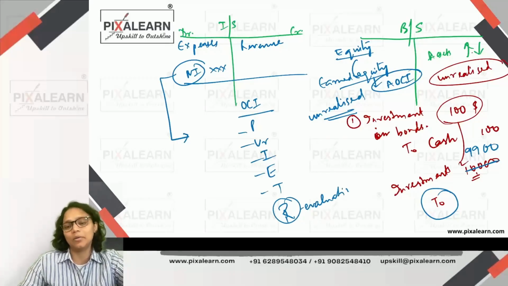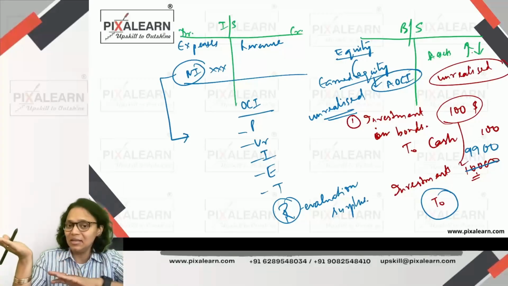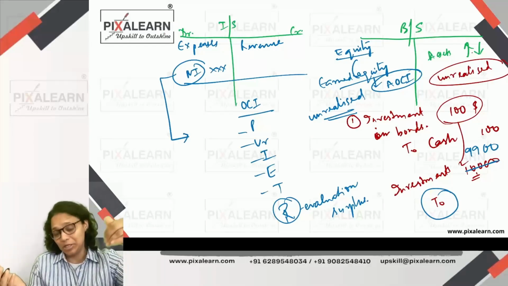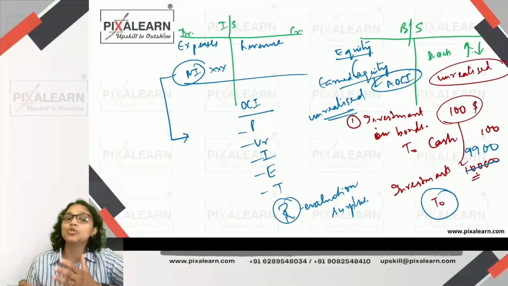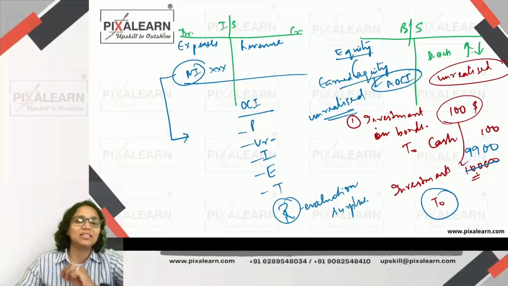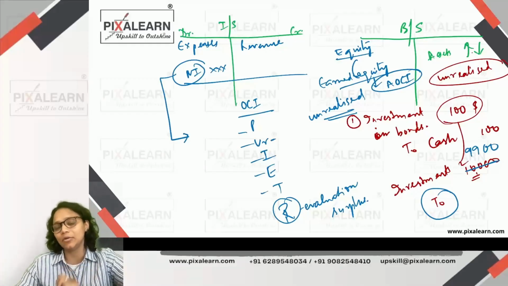Okay, we'll talk about it, right? So 2 examples I told you, right? First example is I let you increase my asset, and at the same time I let you increase my equity, but then I don't want you to just show it like that in equity. So what we are doing, this becomes unrealized gain on available for sale debt securities, which